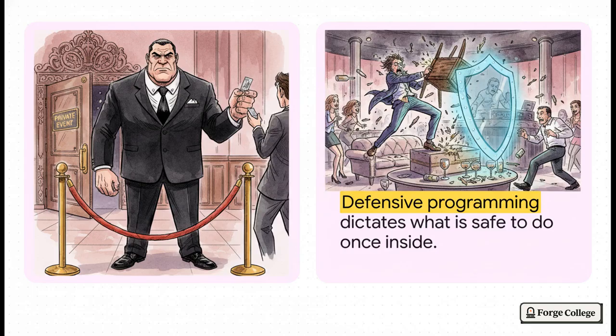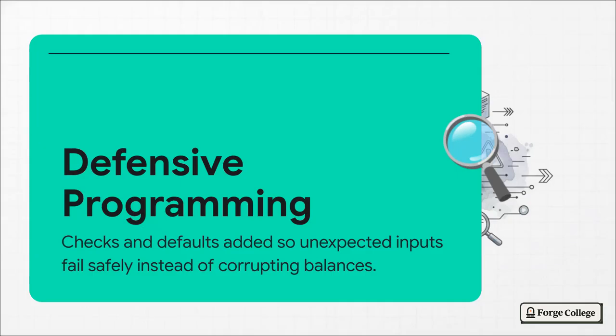While access control dictates who can execute a function, defensive programming dictates what is actually safe for them to do once they're inside. So, if we want to get formal for a second, defensive programming is basically the set of deliberate checks and fail-safe defaults you intentionally weave right into your contract code. The goal is super specific. Ensure that unexpected inputs, weird transaction orderings, or just strange environmental states cause your contract to fail safely and predictably,